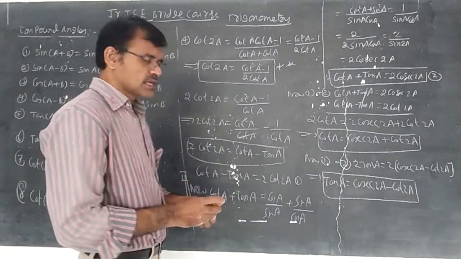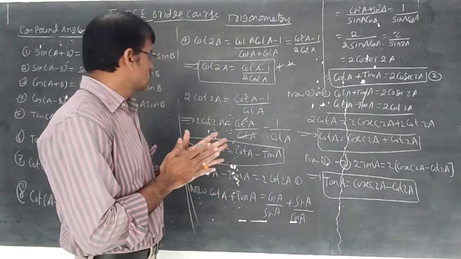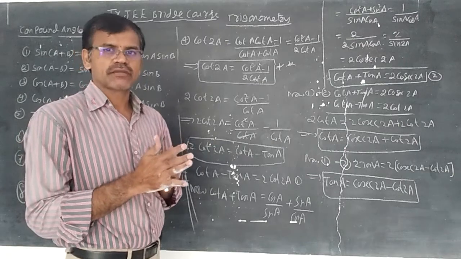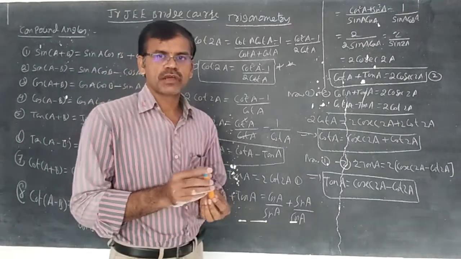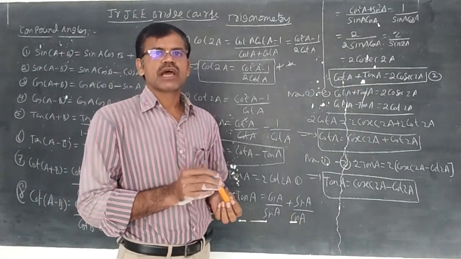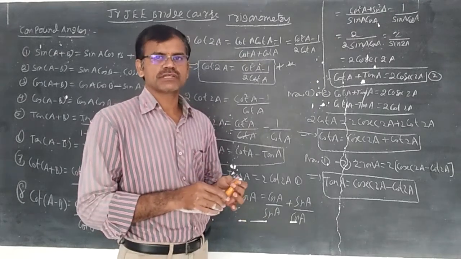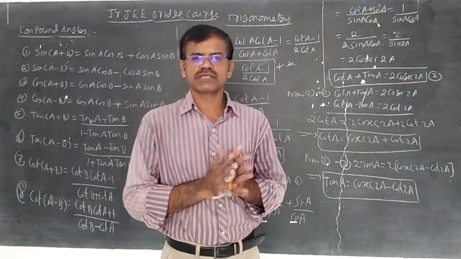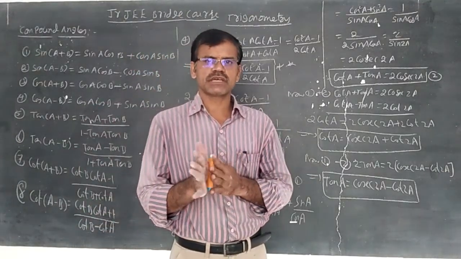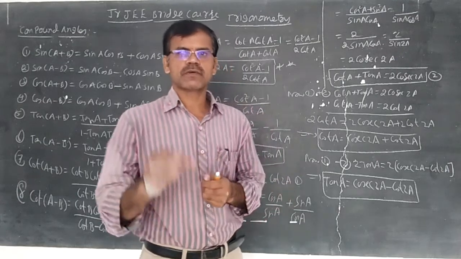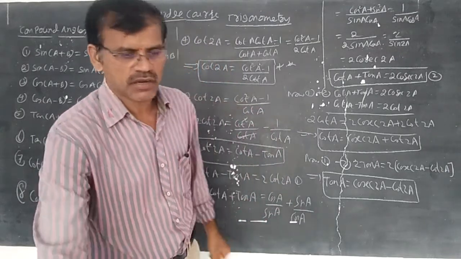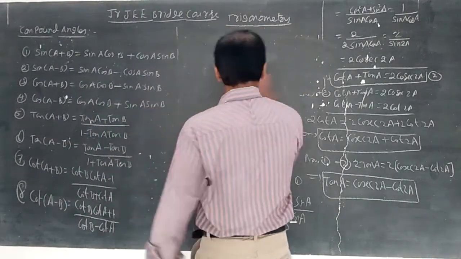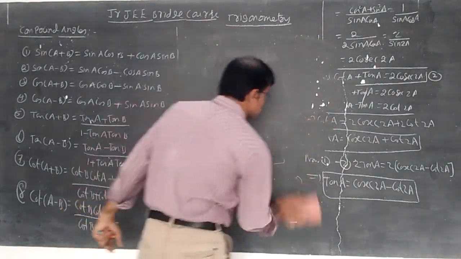Here we got some formulae. Now another formula is there, depending upon tan. The sin 2a formula we have discussed as 2 sin a cos a, cos 2a as cos square a minus sin square a, and tan 2a as 2 tan a by 1 minus tan square a. Now we are going to discuss the tan formula for only sin and cos. Everything depends upon the compound angles concept.